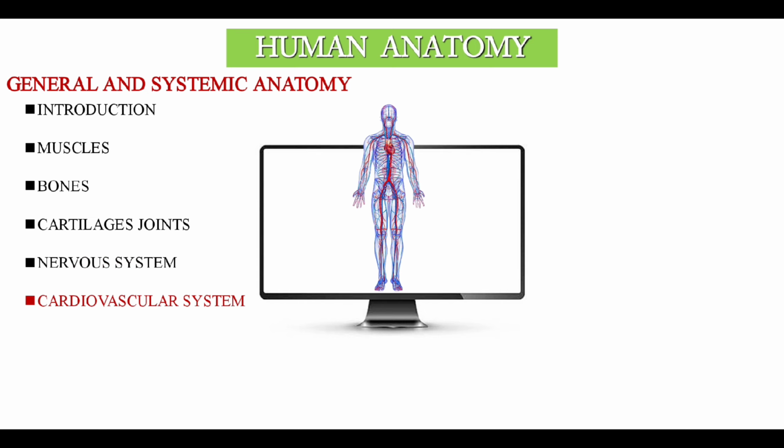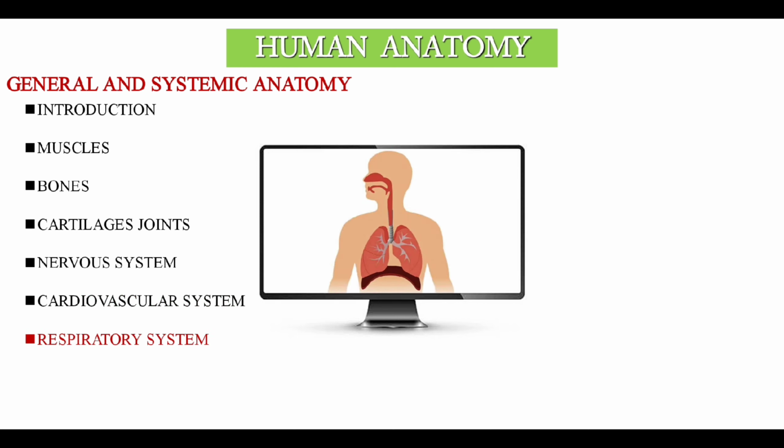And the next one is cardiovascular system. In anatomy we have to study blood as a connective tissue, its functions in short, gross anatomy of heart with demonstration of surface anatomy. And the next one is respiratory system. In anatomy we have to study general outline of respiratory passage, gross anatomy of lungs, pleura with demonstration and surface anatomy, bronchopulmonary segments, intercostal muscles and mechanism of respiration.